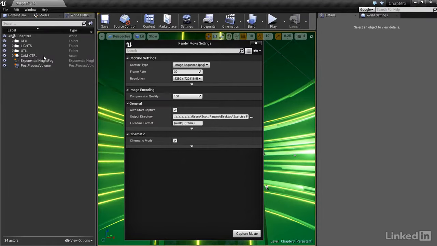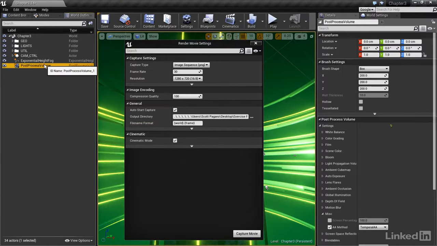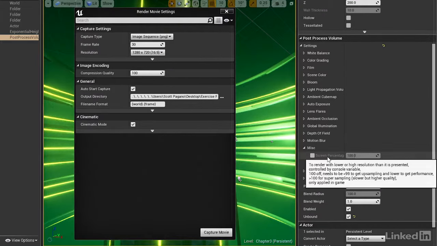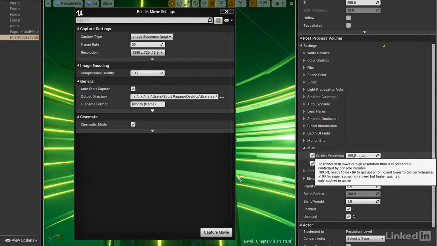Okay. So one other thing we're going to do before we export is we're going to go over to our world outliner. We're going to select our post-process volume. And down here in the miscellaneous section, we discussed before there's this screen percentage variable here. So I'm going to turn that on, and at 100, that means it's going to render internally at the size that we're rendering out. If we set this to lower than 100, we're going to get a lower quality image